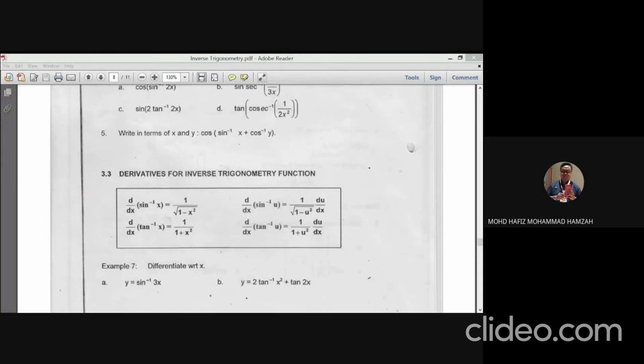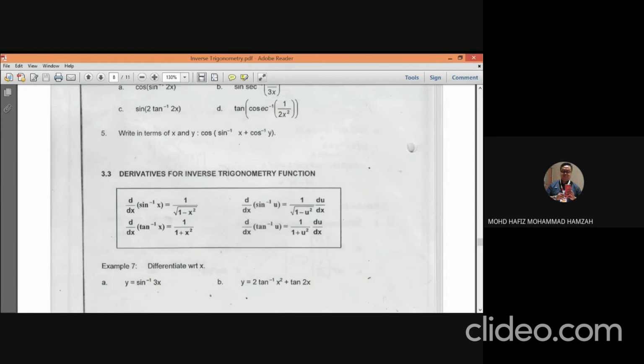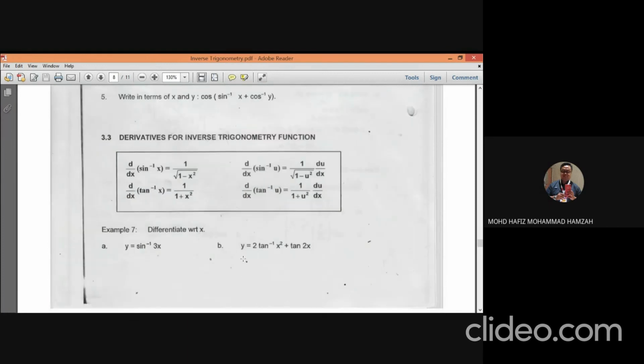Okay, so the derivative for the trigonometry function here. Alright, so ini adalah daripada kita punya